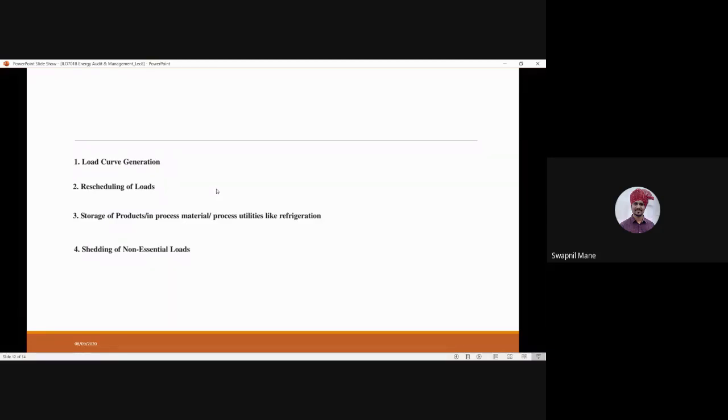So peak clipping, then valley filling. Valley filling means whenever there is a lag, the maximum demand will also go down, and your utility will still charge you the fixed charges even though your load is going down. So it is better that you keep your load curve as flat as possible without any fluctuations for the entire day. Yes or no? The gardening of the plants can be done in the evening after college hours, because